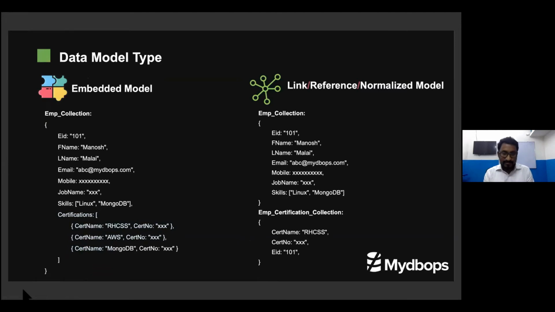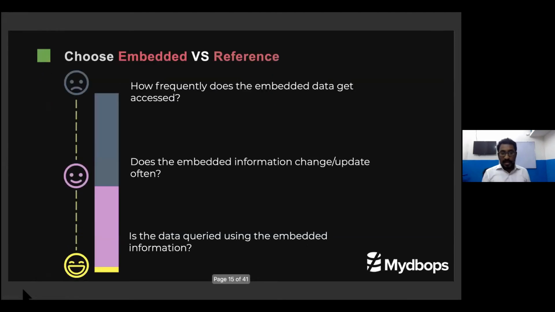That is not a real case, I'm just telling it as an example. If I'm updating a particular array of information very frequently, it is not a recommended way. We will see why. If you are updating that array very frequently, you had better go for a reference model. So you need to make the call based on the business requirement and design the schema.